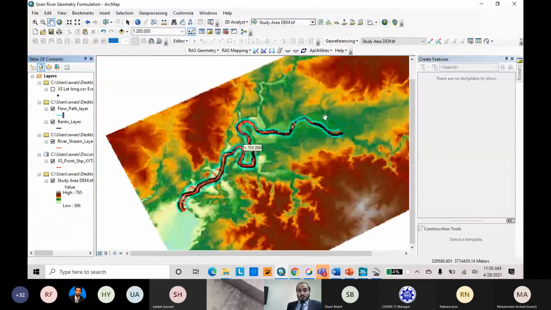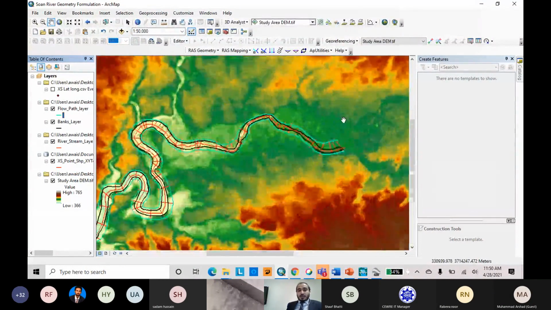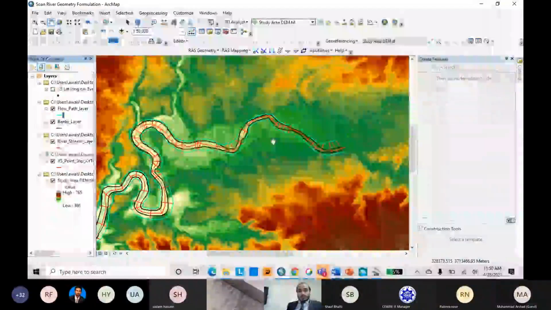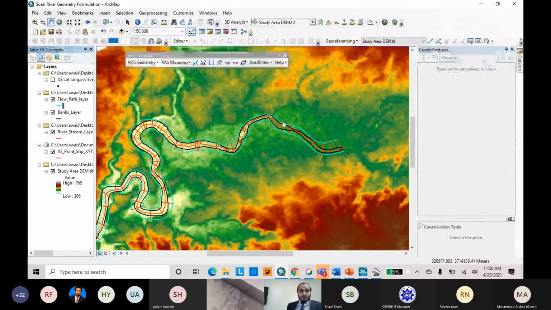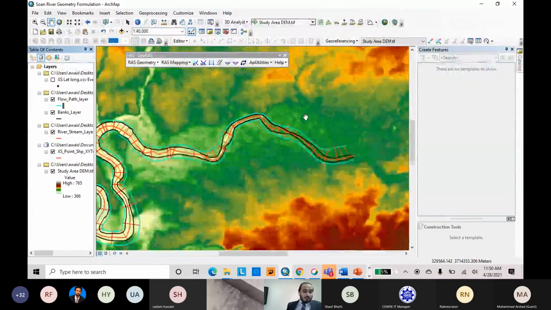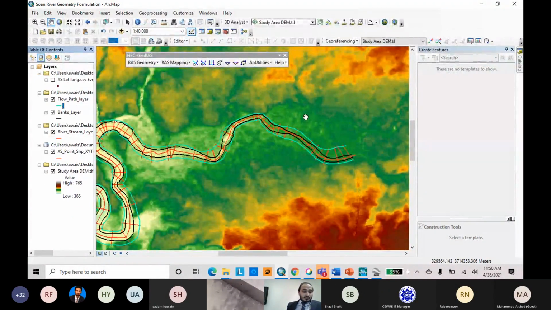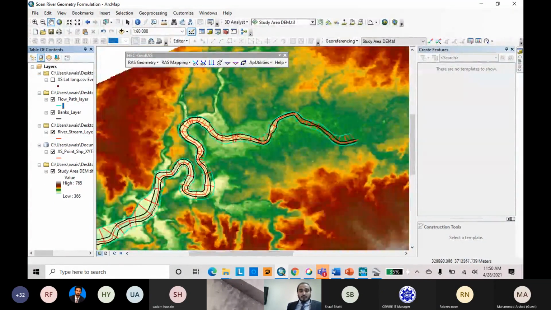We are required to develop the geometric data of HEC-RAS. Still we have not developed any geometric data for HEC-RAS. Now we will develop the geometric data for HEC-RAS using ArcGIS, using the HEC-GeoRAS tool. The next step, which I have provided on slide 44, is setting up HEC-GeoRAS. The first one is layer setup. Okay, I am going to turn off all of these layers one by one.